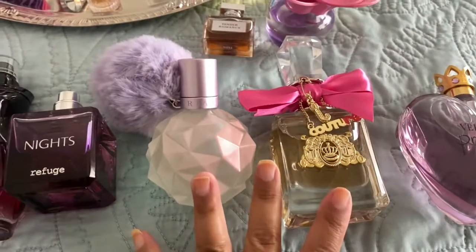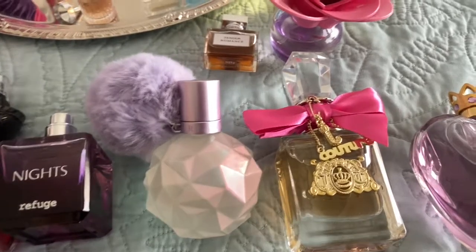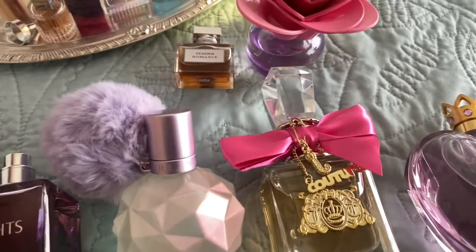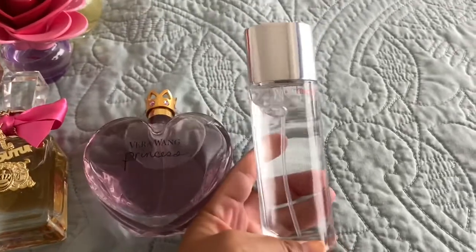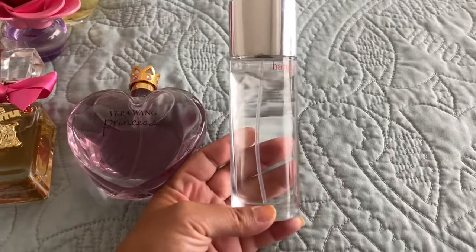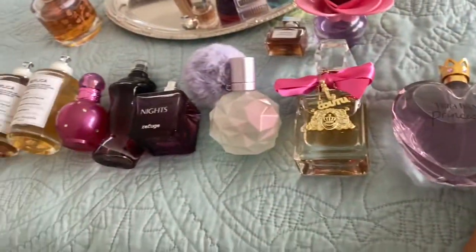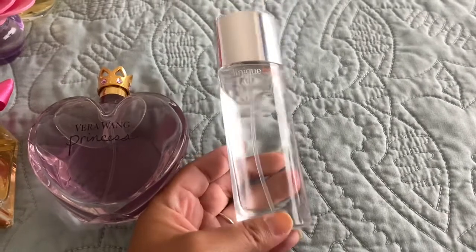I feel like that's a good spot for it. Okay, now the rest of them. Okay, so this is also a newer one to me, the Happy by Clinique. Now this is more of a summer scent to me. It's not like a year-round, like I could wear it all year. I feel like all these other ones I would, but this one here I feel like only during the summer,